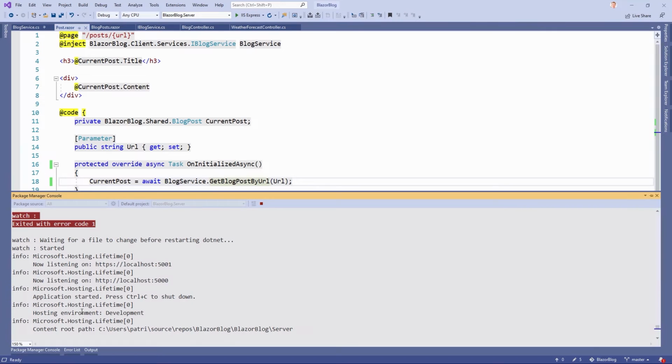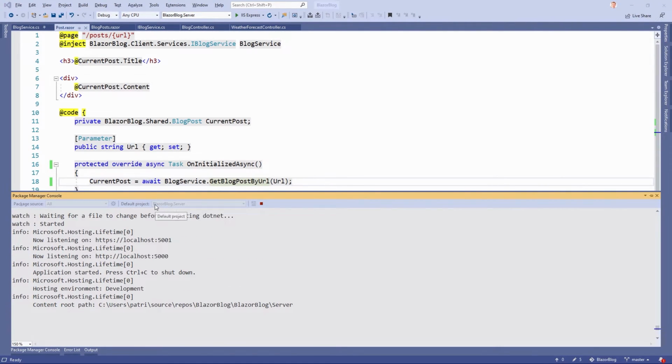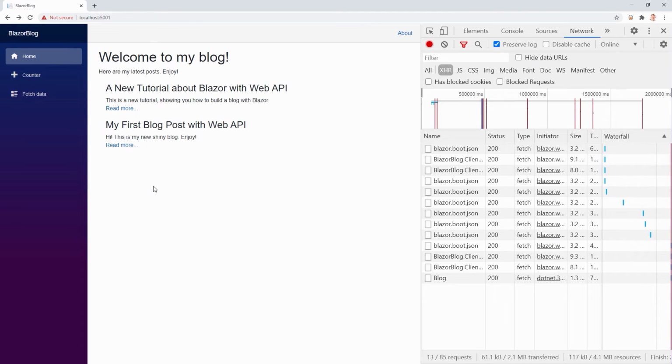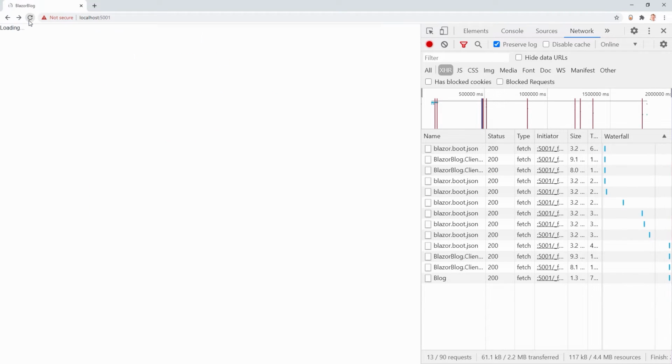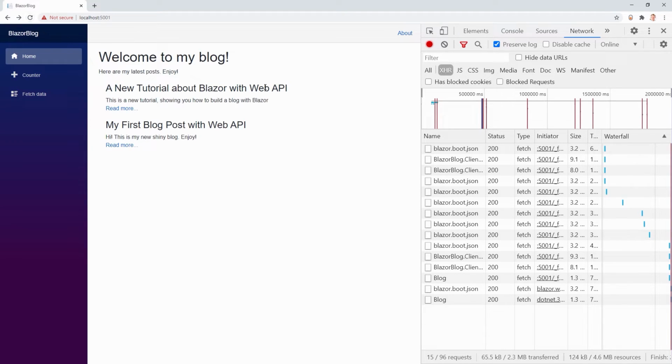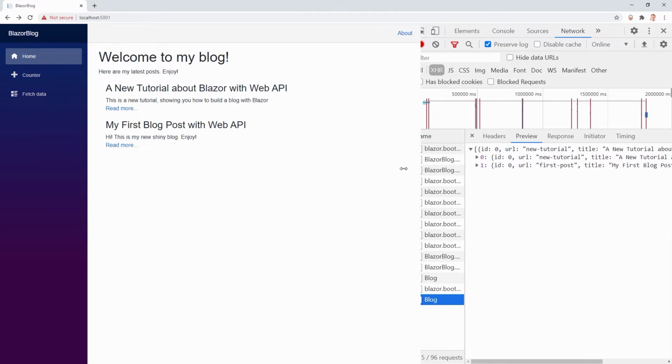Okay, and let's have a look in the package manager console. The app has been restarted. Let's have a look in Chrome. It already rebuilt itself and reloaded, and we see that we get the calls with Web API. Beautiful. Let's reload again to really see this. Great. Okay, so here are the posts, and here we also see the